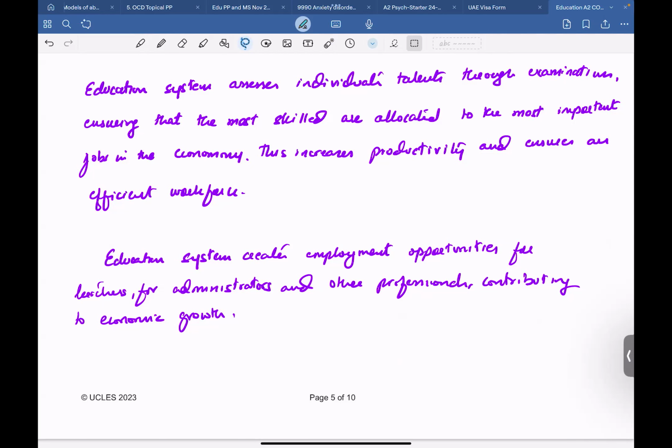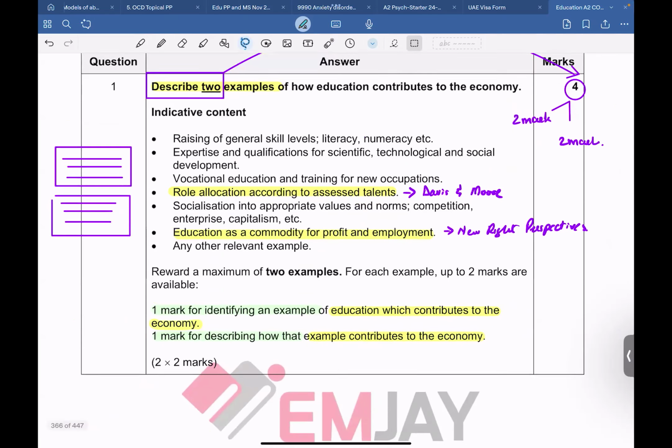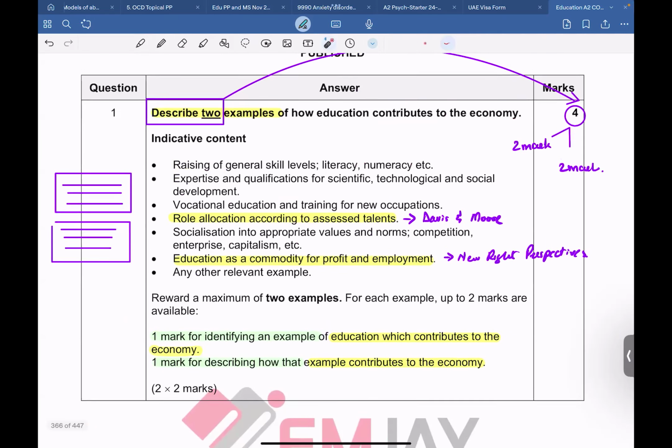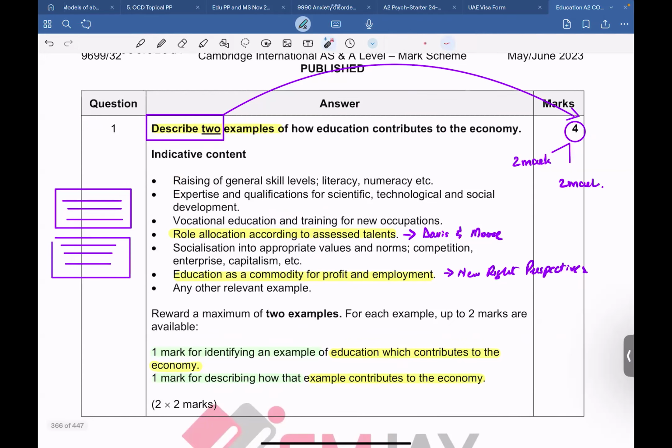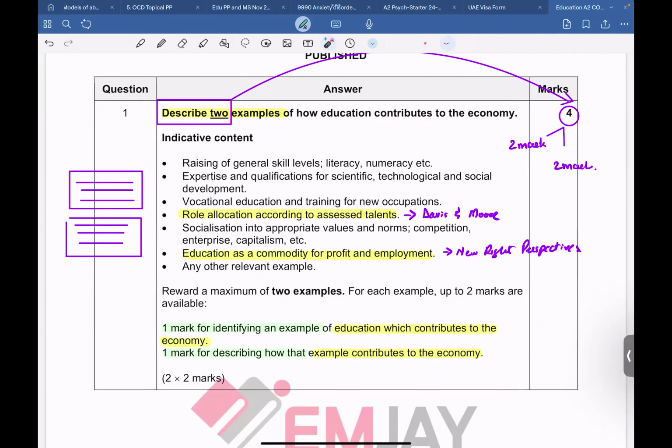Now, moving on to the more important part that I wanted you all to understand today. Why is it that students, I mean, I think students, more students than they should, they actually underestimate the value of a 4 mark question. Remember, these points that you're receiving over here, they are just indicative content. When I say they're just indicative content, even the CI says any other relevant example could be used over here, right? Now, getting back to the actual point that I wanted to make, describe 2 examples of how education contributes